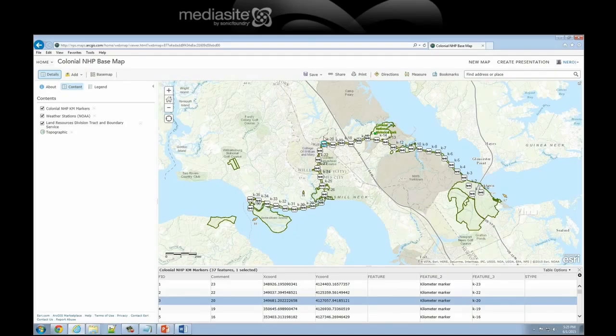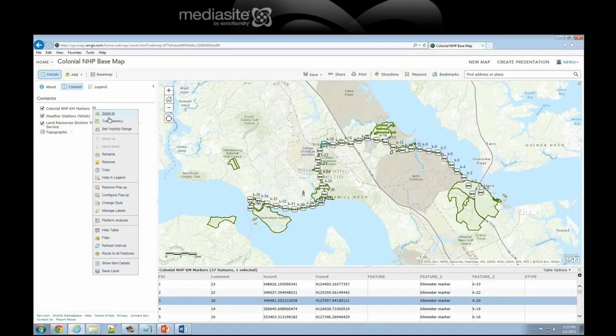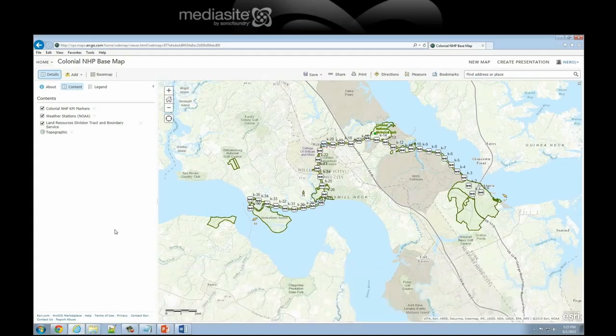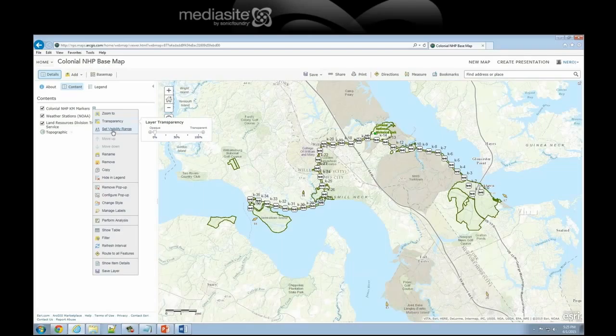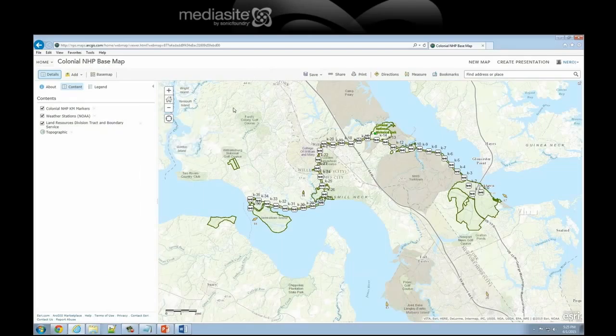So just to recap, I've got my map that I created through ArcGIS Online. And by using the handy drop-down tools I have next to my layer name, I can change the style, I can manage those labels, I can show a table, I can hide a table as well, and I can also set the transparency and the zoom rate. Alright, so I'm done with my map display. It's how I like it, and I'm going to,